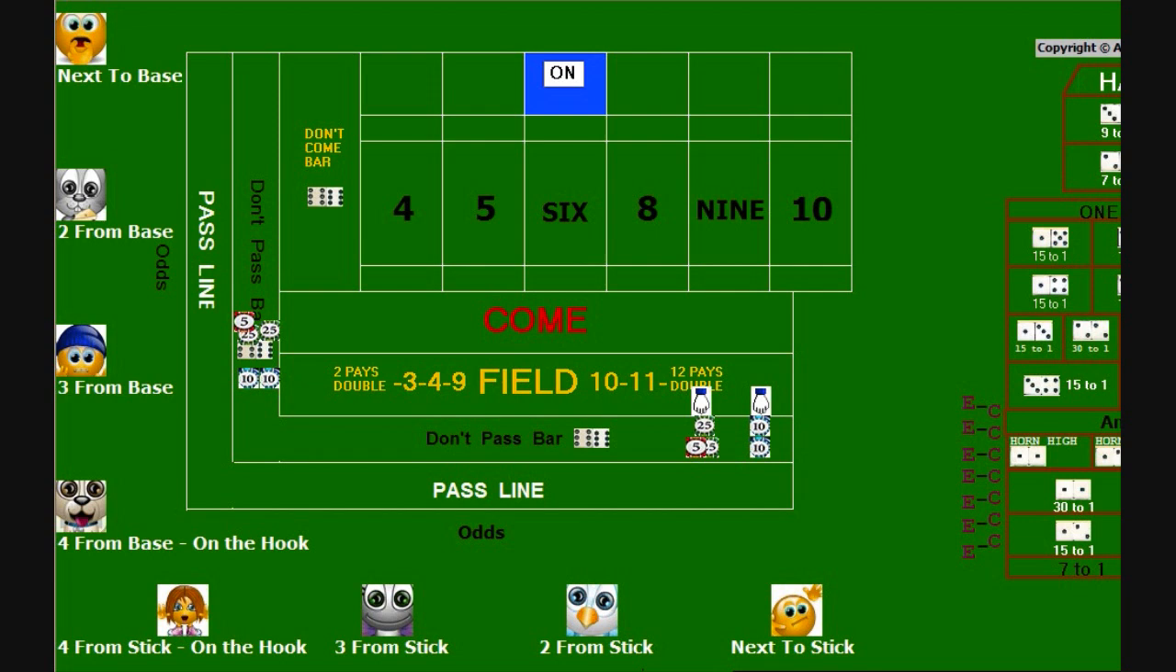Come bets in the come area of the layout. Come bets in the come area of the layout win even money if 7 or 11 rolls, and on point number rolls. Come bets are paid from stick to base, allowing the box person to view the payouts. Come bets are paid by the dealer with both hands. Let's say, for example, each player has $10 in the come area of the layout, as shown. Now 11 is rolled. Dealer payouts would be as follows: